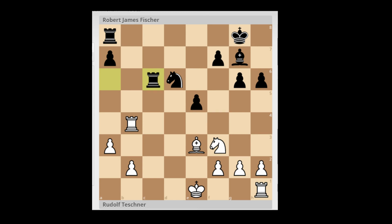So rook c6, white makes a short castle, and this is probably a good time to have a think about the position, to choose a plan for black, how to continue. And probably Fischer had a cup of coffee and had a long think here, and then he decided that his pawn majority on the king side, that is something that he could base his play or formulate a plan from, this fact that he has a pawn king side majority. So he decides to play f5 to start a pawn storm on this side of the board. It's a very nice move, and